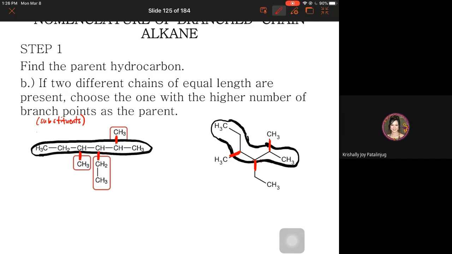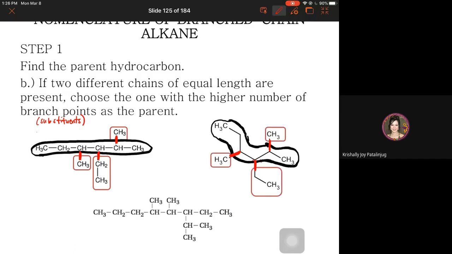Kapag pinili mo yung kanina, if you try to check it, then i-encircle yung red, duha lang ang branching points nga ma-produce sa atoa. Okay, so ito yung magiging parent chain kasi meron siyang tatlong branching points. And lastly,